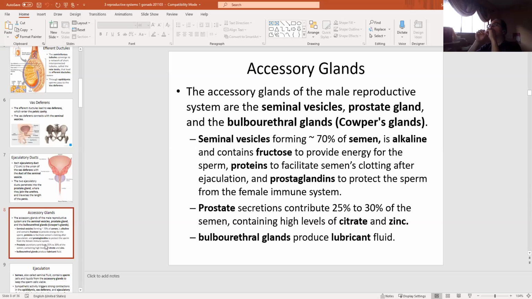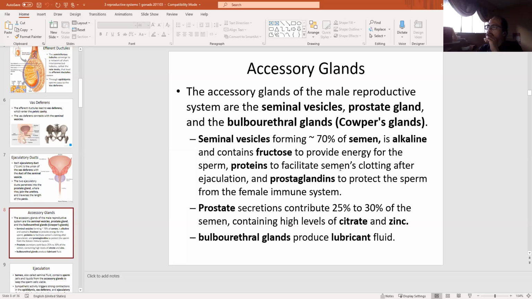In addition to this, here we summarize the three accessory glands involved in the production of semen. First, the seminal vesicles. This one provides about 70% of the semen. It is alkaline and contains fructose to provide the fuel that the sperm need to swim,